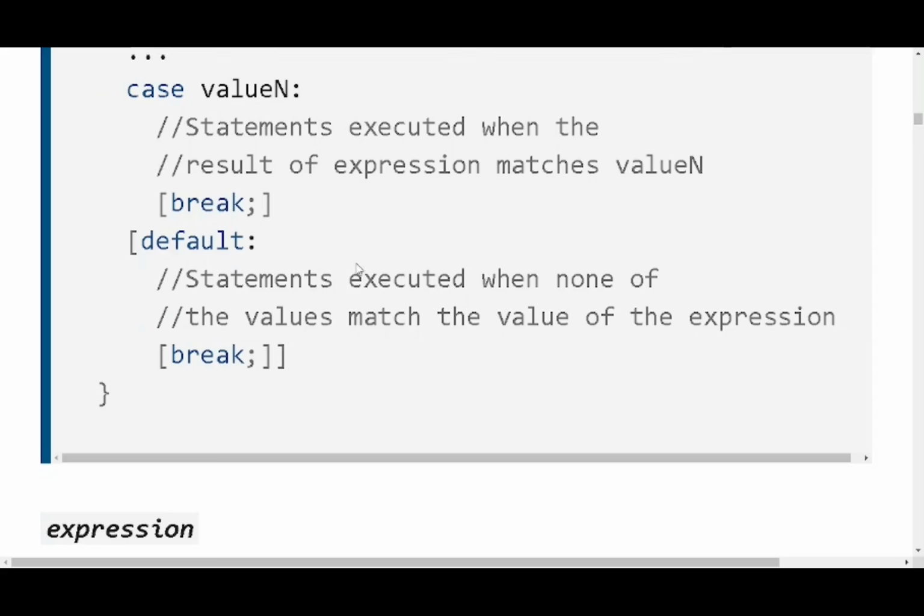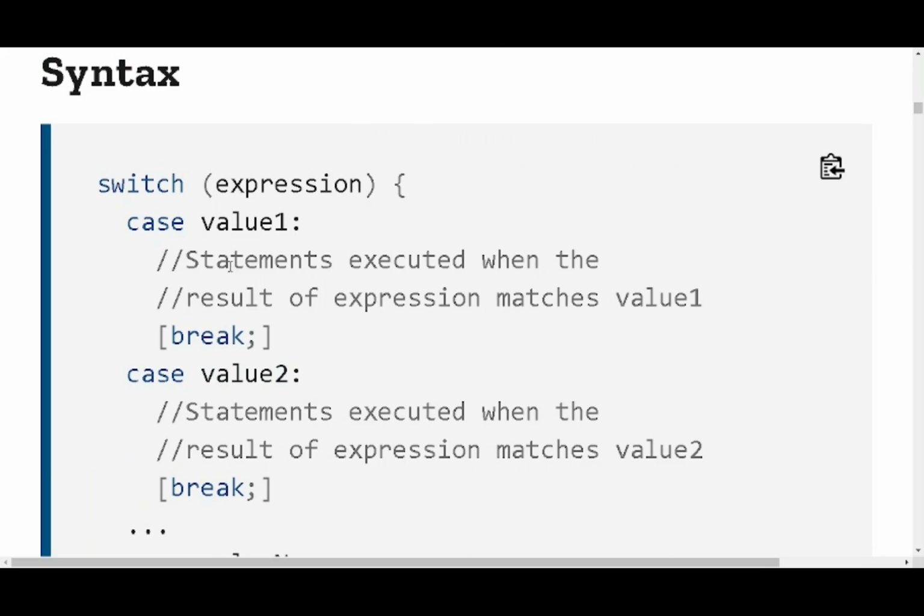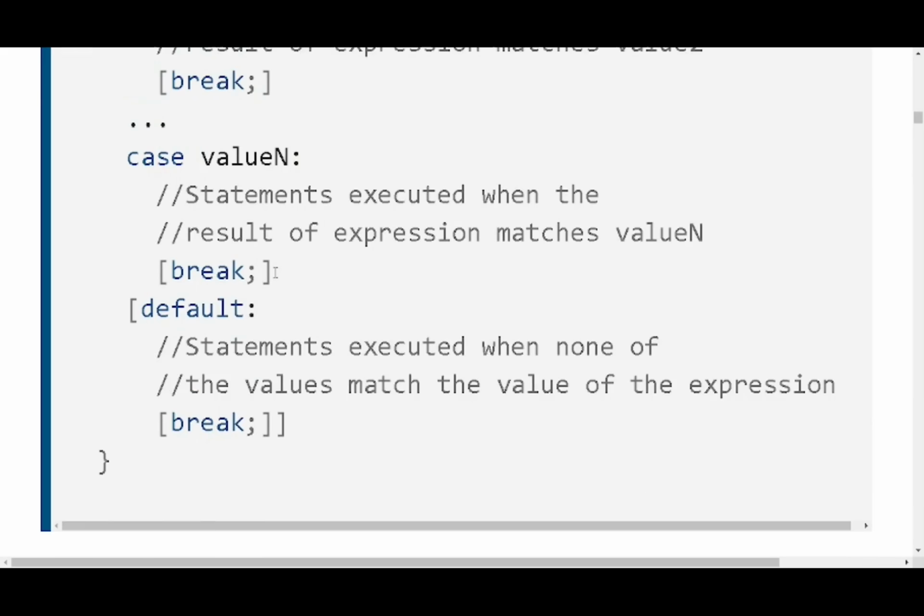Then another thing is the default part. The default clause is actually an optional thing which you need not include, but the purpose of default is, if neither of the cases matches, or if this expression doesn't match any of these case values, then the statements enclosed within the default will get executed. Then again, the position of this default is not fixed.